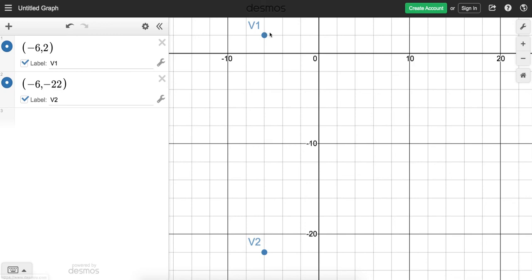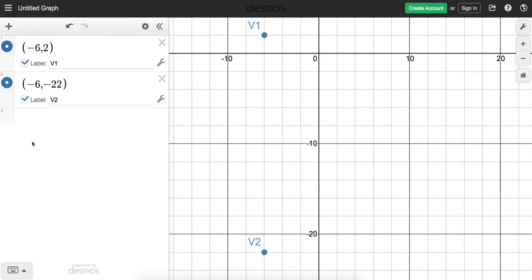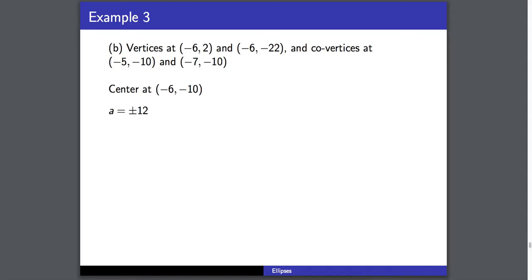We still want to find the center, which is the midpoint of these vertices. So take the average of the x's and the average of the y's, and our center is going to be at negative 6, negative 10. So let's go ahead and plot negative 6, negative 10. And that is our center, so we don't need a label for it. All right, so we have our center, which means we can find the value of a. 1, 2, 3, 4, 5, 6. So in this case, a is going to equal